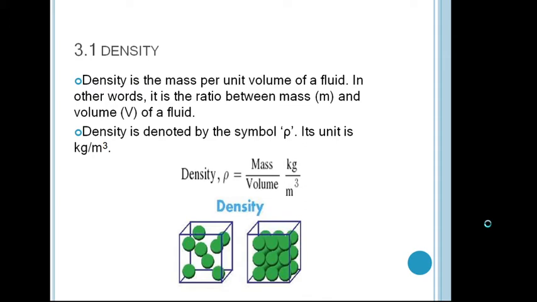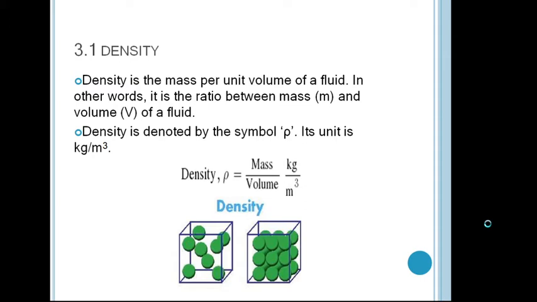The figure shows two diagrams, in which the first one is a cube which consists of a small number of elements, whereas in the second figure you can see the number of elements in the cube has increased. If we compare both diagrams, then we can say that for the first object the density is very low as compared to the second object. Why? Because for both objects the volume is the same, the cube is there, its volume is the same, but the mass inside that cube is different, isn't it?